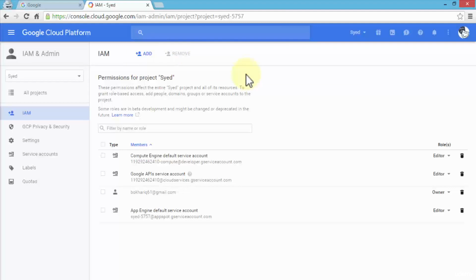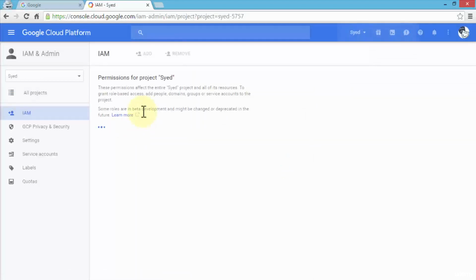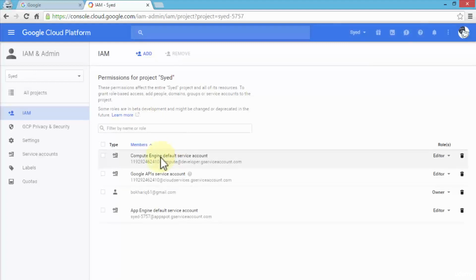Now within my admin area, if I click on all projects, it will list out different projects that I've created so far. And of course, there are two that you see on the list. First one is Pack Delivery, and the other one is Syed with my own name. So for example, if I click on the project called Syed, it'll come up with the details of this project,